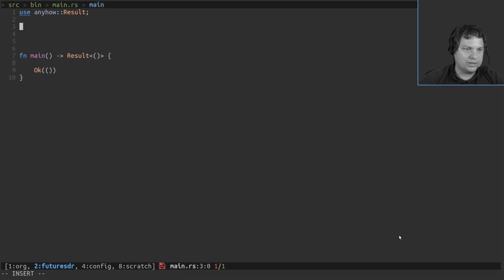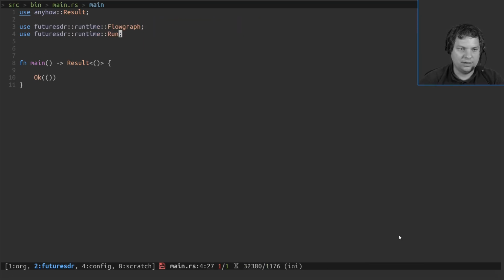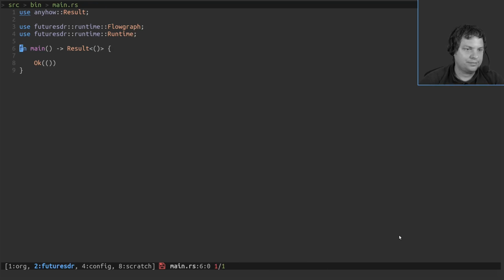Okay, now we want to use something from FutureSDR: Flowgraph and Runtime. Okay, so we create a flow graph, and that's the top-level data structure for our SDR application. It contains all the blocks that are connected and stuff like this.